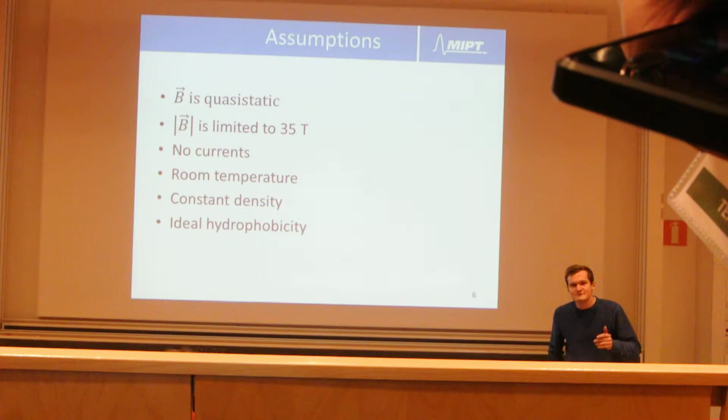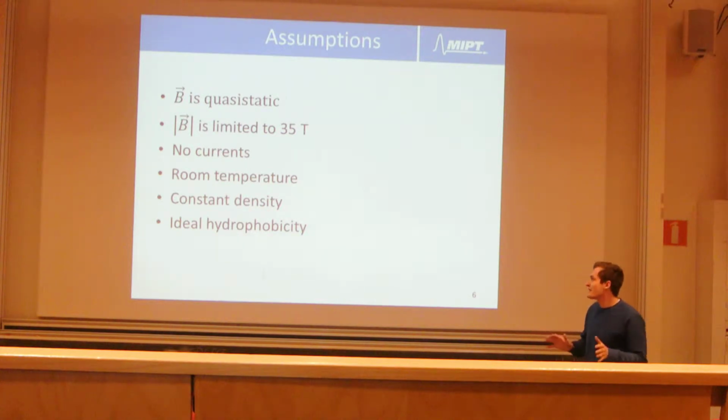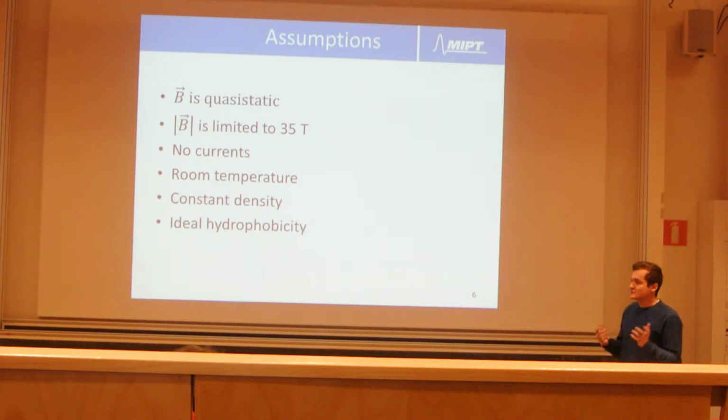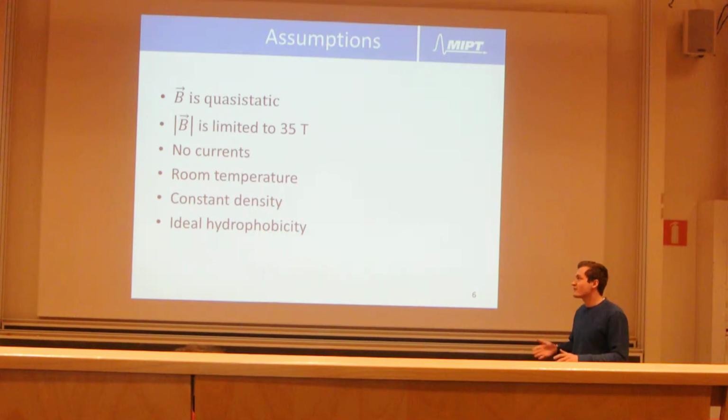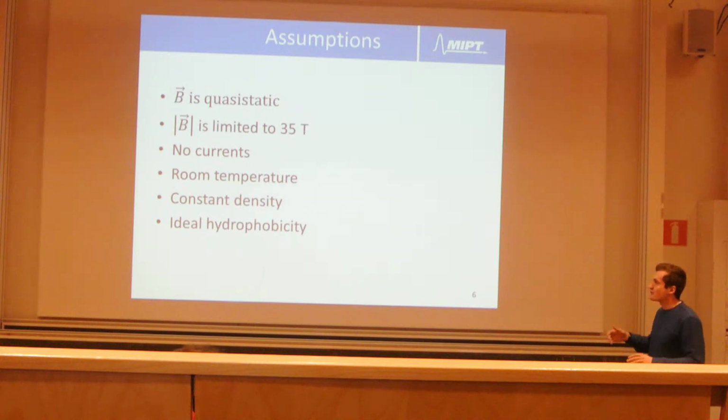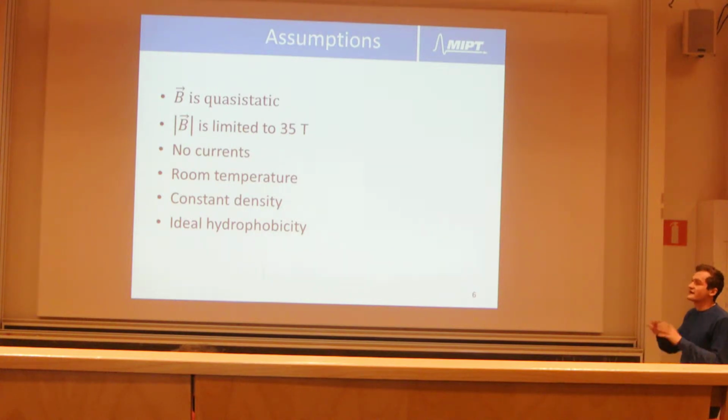Another presentation. I'm going to lead you through some theoretical analysis concerning the problem and also some different experimental approach which we've made. The assumptions we made in solving this problem are that we have a quasi-static magnetic field, constant in time and in space. Also, we limited it to 35 Tesla, which is a very high field,